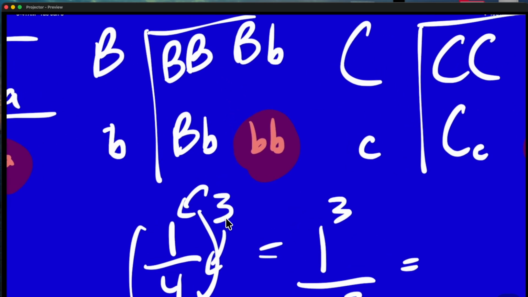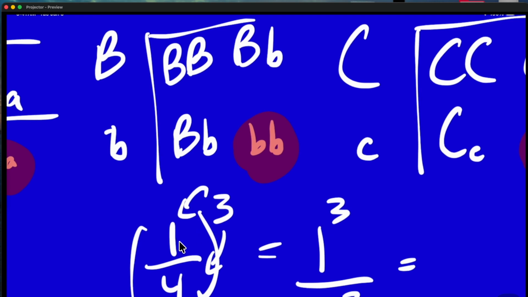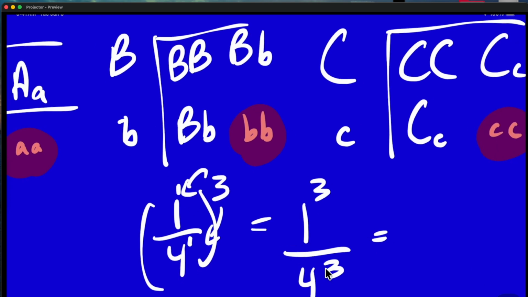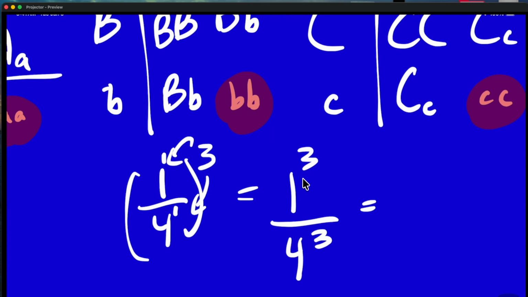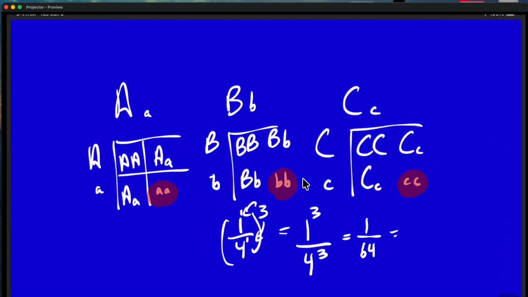When you do the power rule, you do not multiply that exponent times the 1. You multiply it by the exponent. So it's 3 times 1, 3 times 1. You get 1 to the third over 4 to the third. 1 to any power is 1. 4 to the third power is 64. And if you put that in a calculator, you'll get